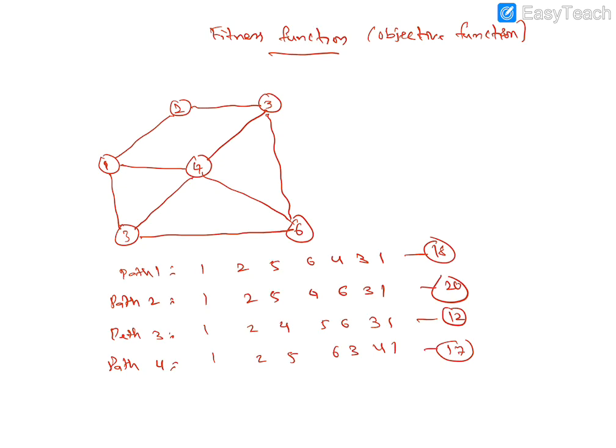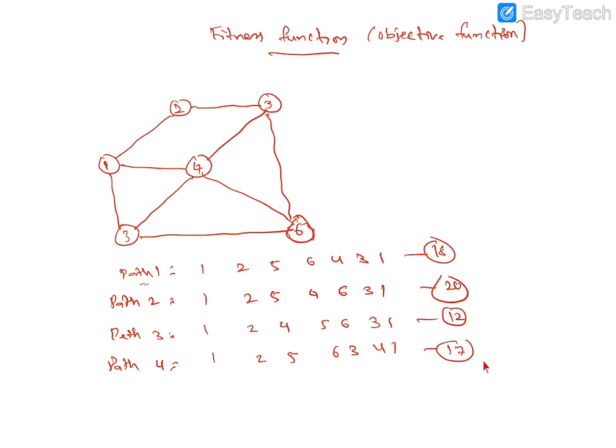In order to find the fitness objects, we are going to use the fitness function. If you take this example, what is this example? It is a very popular one, the traveling salesman problem. These are the nodes. We have to traverse from node one to the 6th node and again back to one. We need to find the best possible way to reach from source to destination and again destination to source. We start from 1 and have to reach 1 again. For that purpose, we consider the paths we have taken here: path 1, path 2, path 3, path 4.